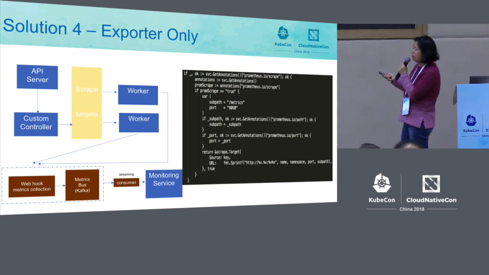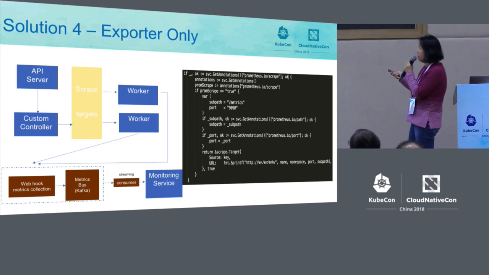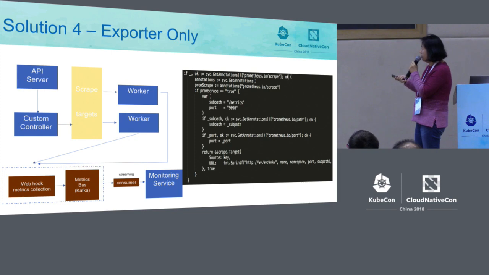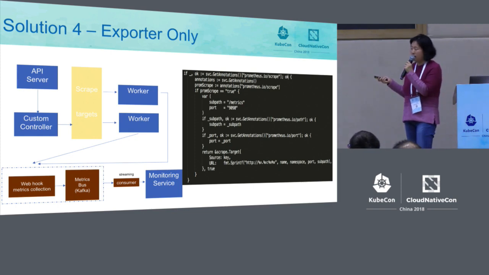Very easy logic. First of all, about the controller, you can see here the Kubernetes controller. You will know how to write the controller. Then you get the controller, and you have your service. If this is the exporter, you should have a label and annotation. If you have this annotation, then based on the prometheus.io pod and the address, you will get the address. So you can fill the targets dynamically,